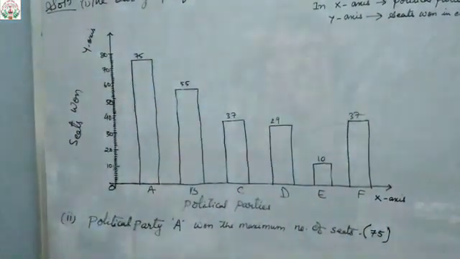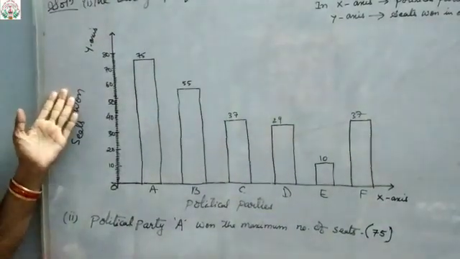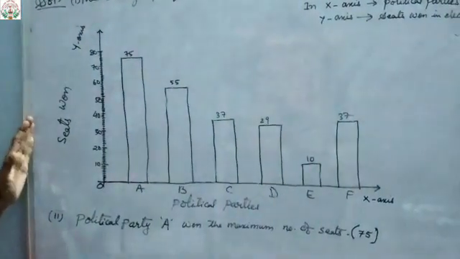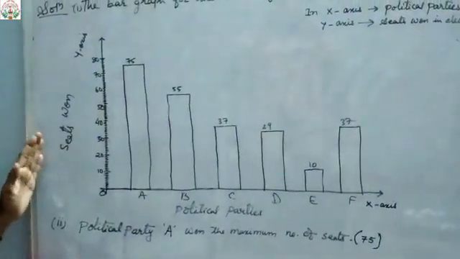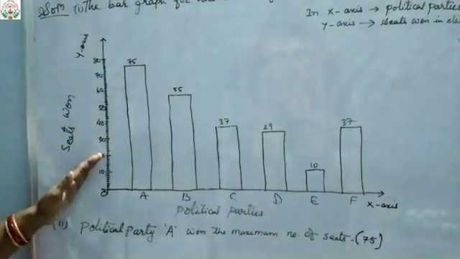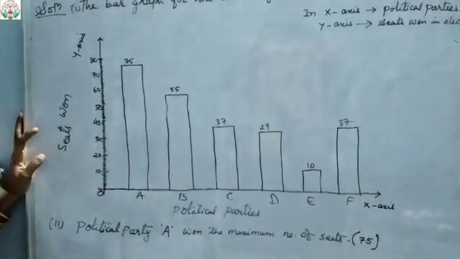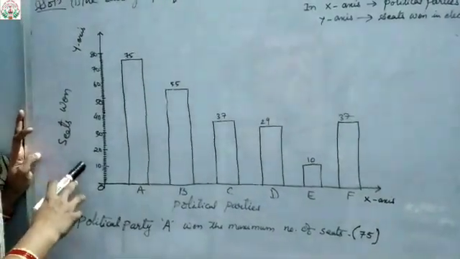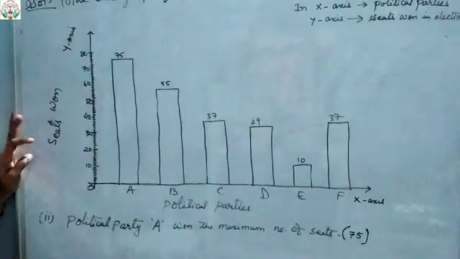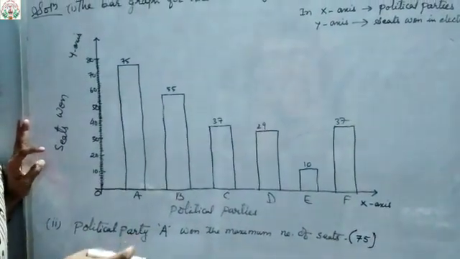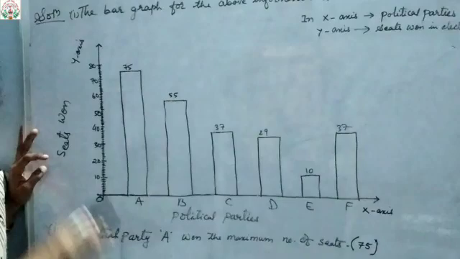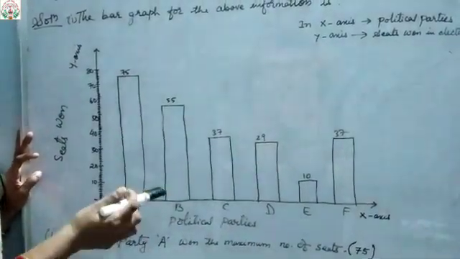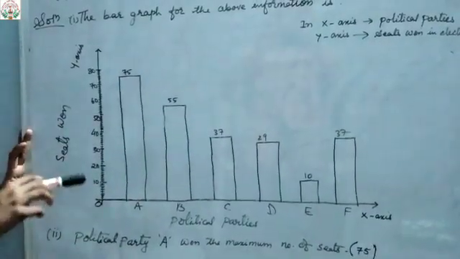Okay, thank you. That comes to the end of exercise 14.3 because, as I told you, histogram and frequency polygon questions we will not solve because that is eliminated. So after this question, that is 4th onwards, it is based on either histogram or frequency polygon. That's why we will not solve further questions of this exercise. Next we will be solving exercise 14.4.